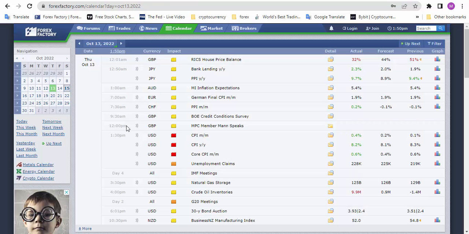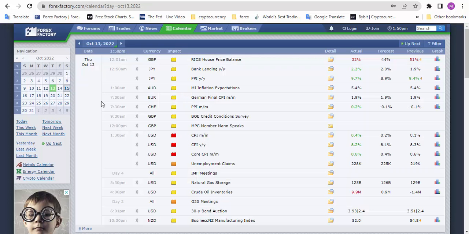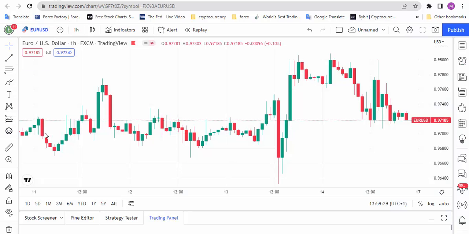The information we get should be able to help us trade. News can have different effects on currency. Sometimes high inflation can reduce the value of the currency, and sometimes it can have an increasing effect. It could be different. In order to understand the effect of a news, you should check the candle formed in the chart during the announcement hour. US CPI was out at 1:30 p.m. London time, and this is its candle.